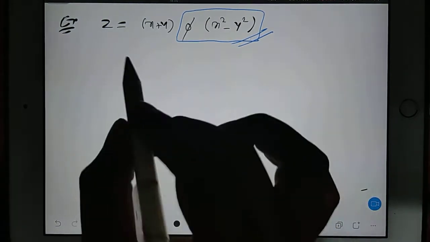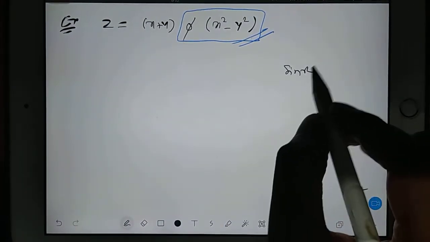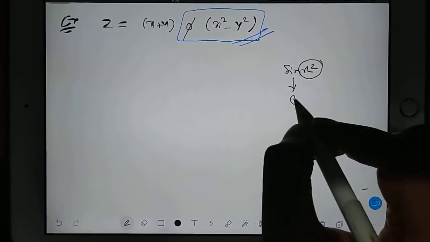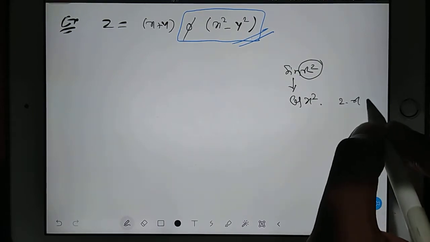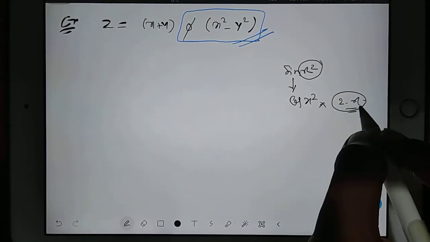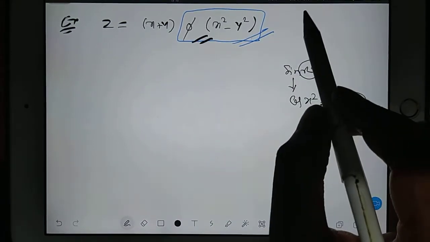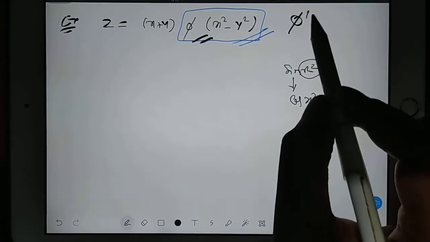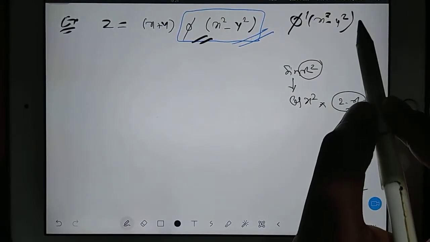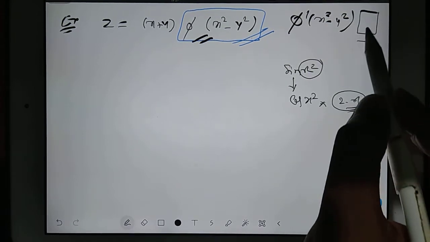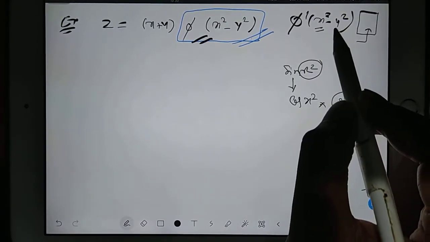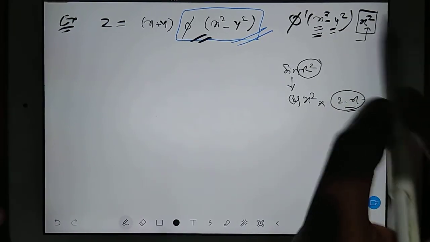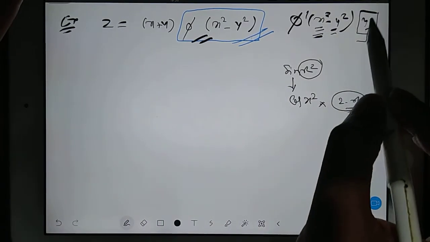So remember, suppose you are differentiating sin x square. How will you differentiate sin x square? Sin will become cos x square, and after that into 2x, right? So this 2x is separate because it is in multiplication. In the same way, when you are differentiating phi of x square minus y square, it will be phi dash x square minus y square. After that, one more term will come that depends on whether you have differentiated with respect to x or with respect to y. If with respect to x, then 2x will appear here, or if with respect to y, then 2y will appear here.